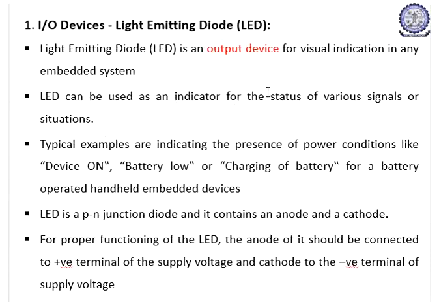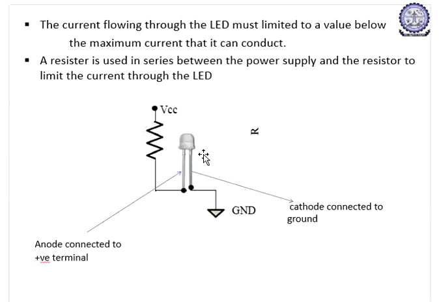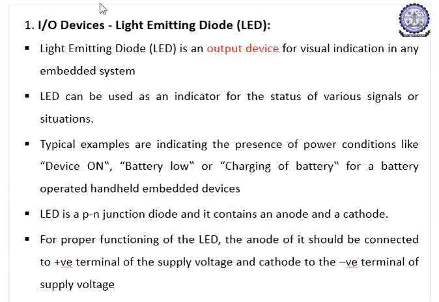An LED can be used to indicate various signals of status, whether it is glowing or not glowing. For example, when you turn your TV on or off with the remote, we come to know by an LED glowing on the TV. If it is glowing, we feel that the TV or system is in the on condition. If the LED is not glowing, we think the TV or system is not in the on condition. These are some examples of applications.